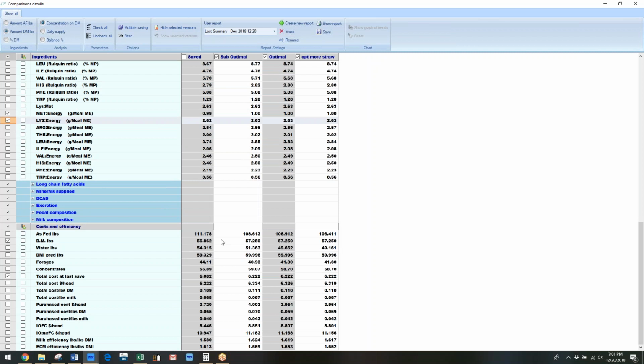go up. Usually what we like to do is compare apples to apples, but this is close enough for the demo. I want to show the total cost that we last saved in the diet. And then what I'd love to do is show income over feed cost per head. If I had classified things as purchased, income over purchase feed cost, and I'm not sure in this scenario I've done that, but it is showing a